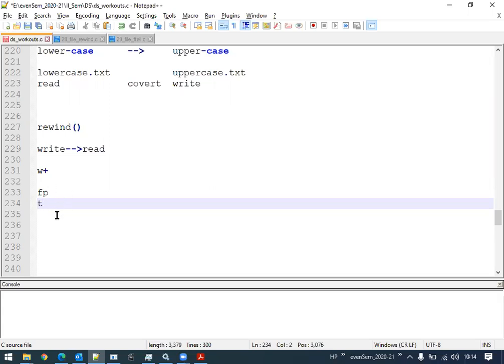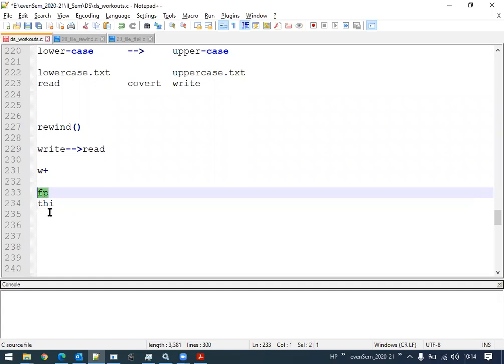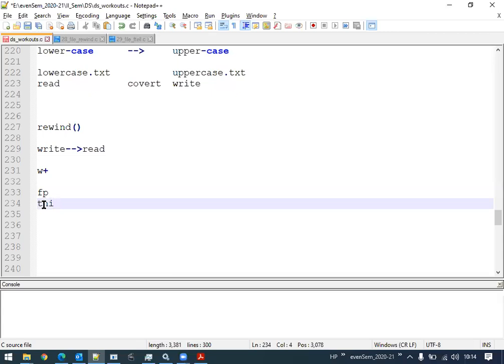Now after that, I will just press H, that is a writing operation. After the H is typed, now FP, where does it point? Does it still point at the second position or the third position? Third position. Like that, whenever I perform any operation using the file pointer, that is a write or read operation, the file pointer will keep on moving one character after another. First it will read or write on this particular character. After that, it will move on to the next character, and after that, to the next character or the next position.